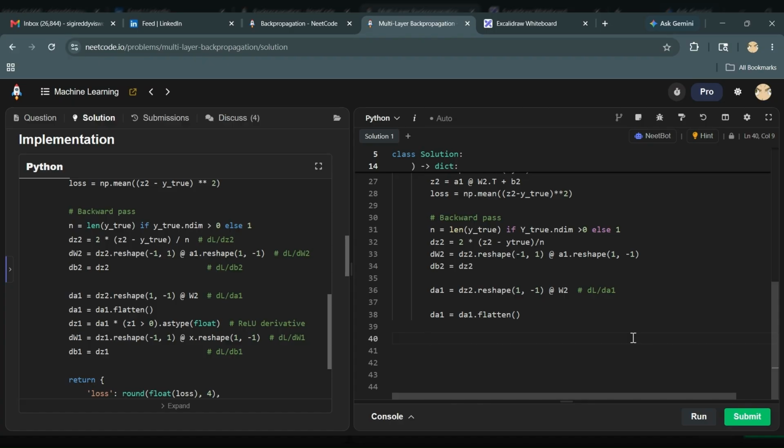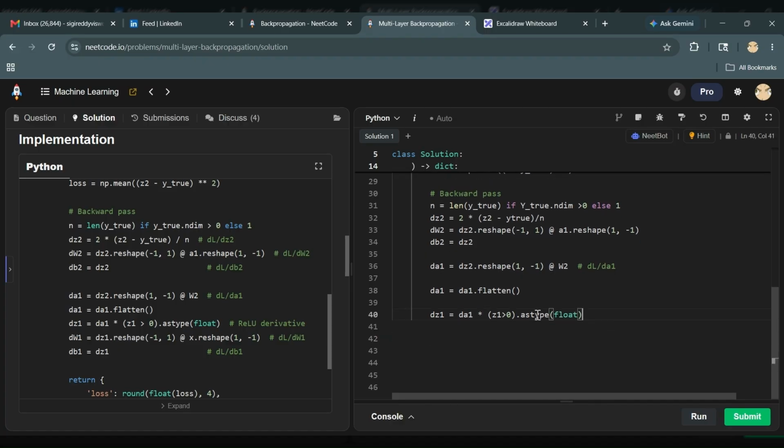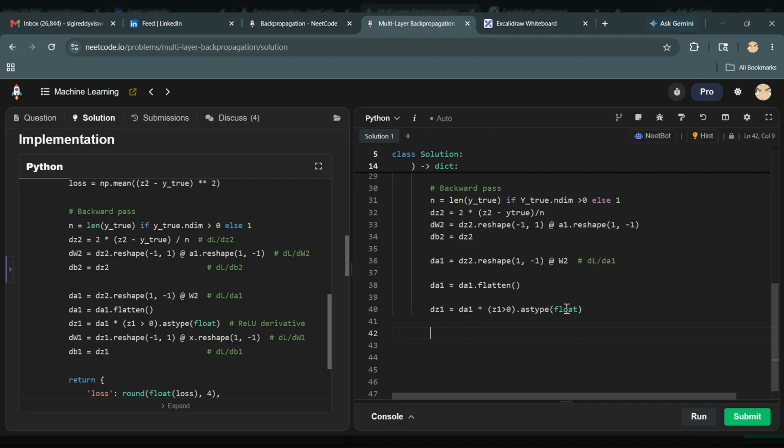From 2D we need to make it 1D again. And we'll apply the ReLU mask so that it will be easy for calculations, and no negative values are escaping the output. So this is pretty straightforward. We'll just take the z1 greater than 0. And